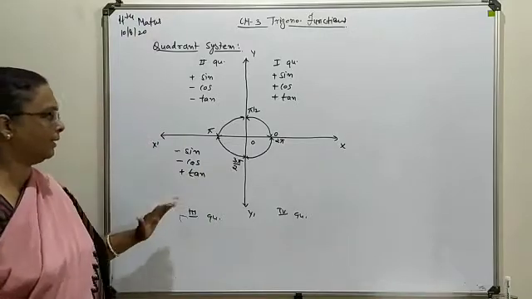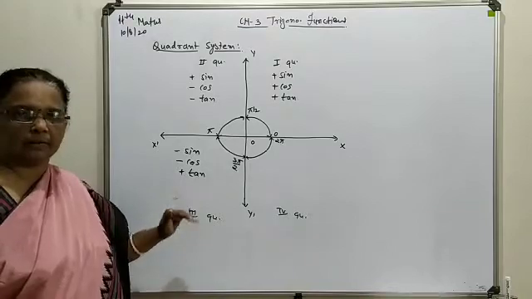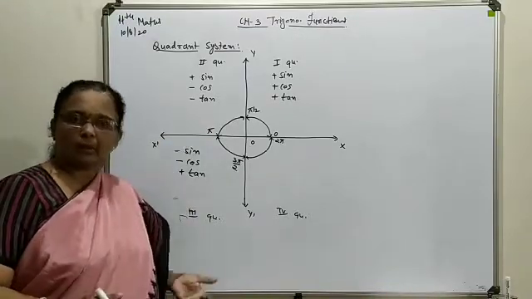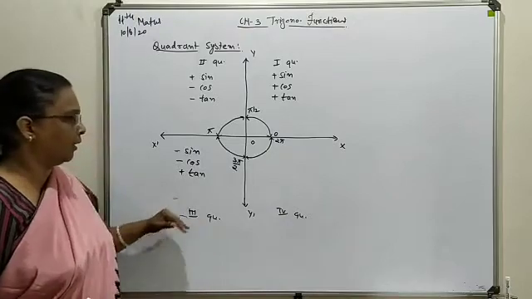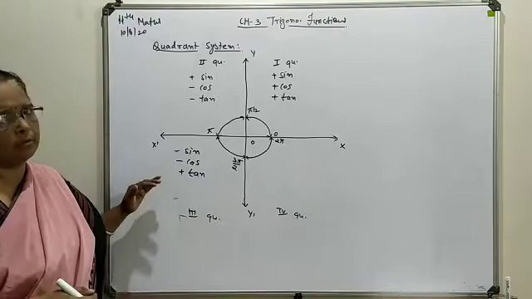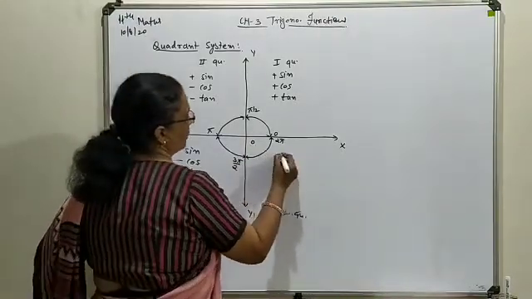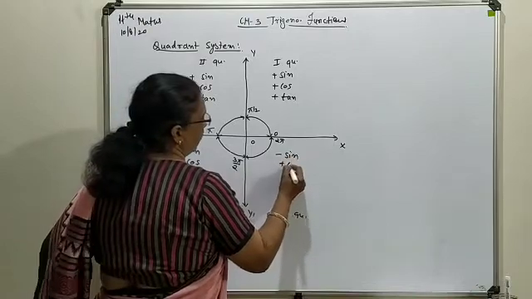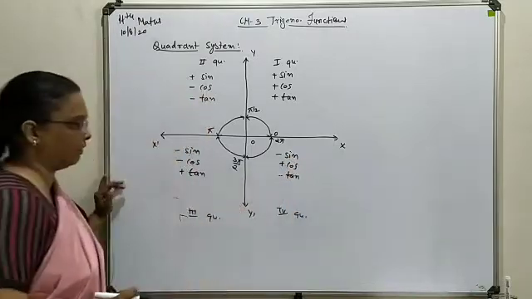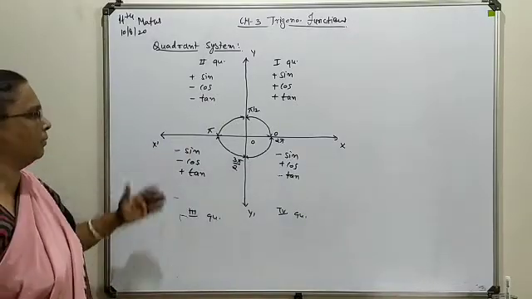First we write all the signs, then specially the third and fourth quadrant we try to discuss in detail. First and second quadrant I have already discussed with some examples. So today the third and fourth quadrant we will take up with some examples. Now in the last one, your sine is negative, cos is positive and tangent is also negative. Now regarding the third quadrant we are going to discuss some examples.